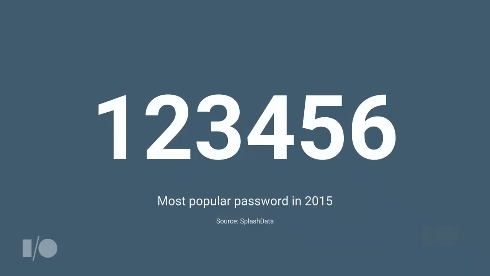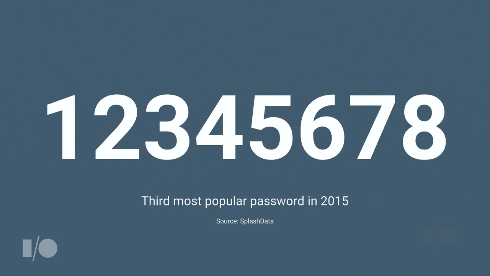And if you went to Sabine and the Chrome Web Security team's talk yesterday, one of the interesting details that you might have learned is that the top password in 2015 was 123456. And of course, this is followed very quickly by the number 3 password, which is 2 orders of magnitude more secure, 78. And if you take a look at the top 20 passwords, you'll see that 6 of the top 20 are simply number sequences between 1 and 4 and 1 and 9.